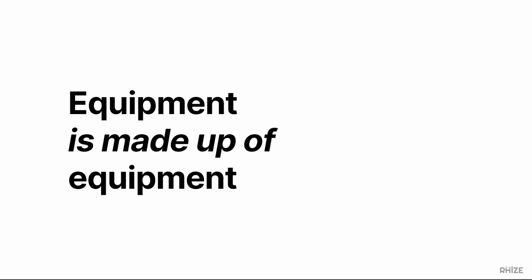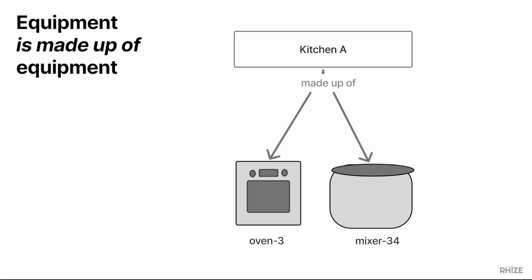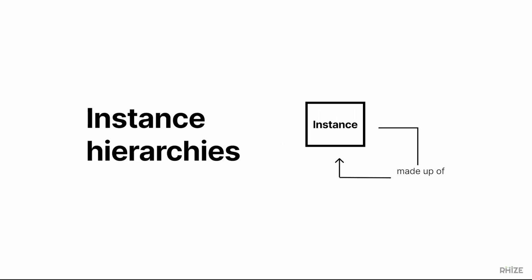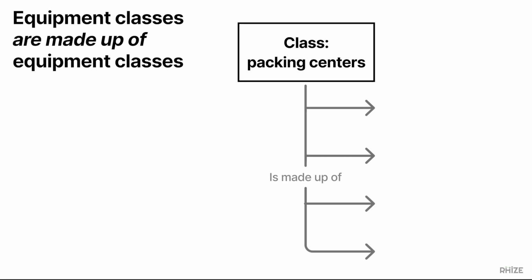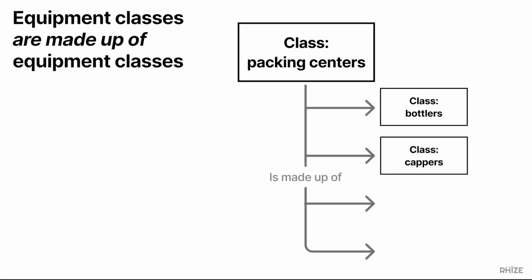Another relationship that happens between entities of the same type is the made up of relationship. Equipment can be made up of other equipment. For example, this kitchen center is made up of the equipment oven 3 and the mixer 34. You can define this relationship on the class level too. For example, you might define a packing center as being an equipment class that is made up of bottlers, cappers,